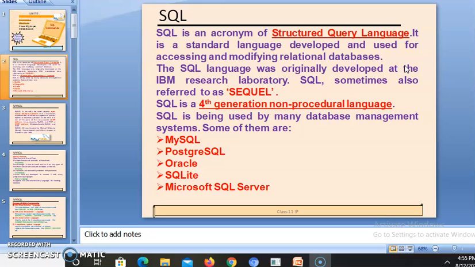And if you want to access some records, or if you want to modify the relational databases, then we have to use the standard language, that is Structured Query Language. The SQL language was originally developed at the IBM Research Lab in 1970, and sometimes it is also known as SEQUEL. So the other name of SQL is SEQUEL, and SQL is a fourth generation non-procedural